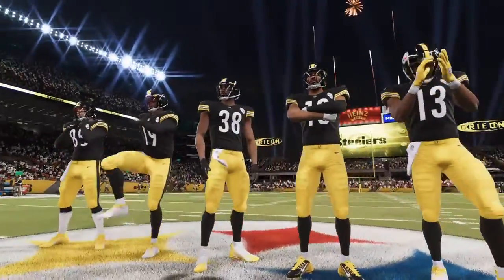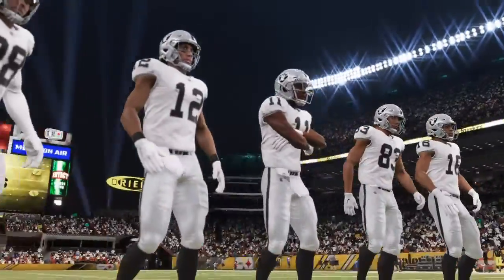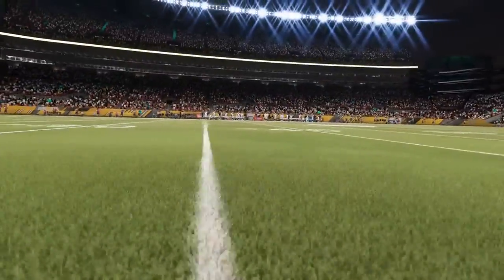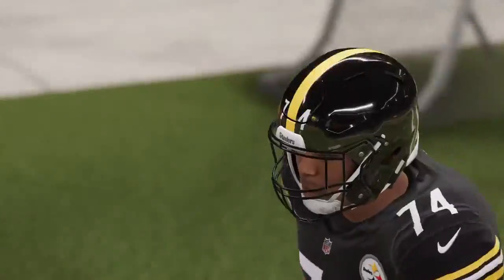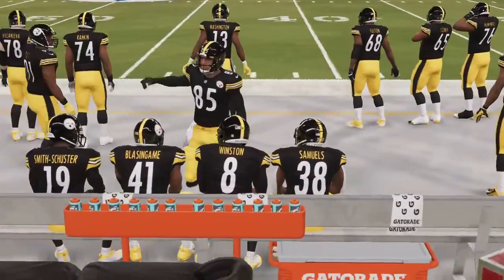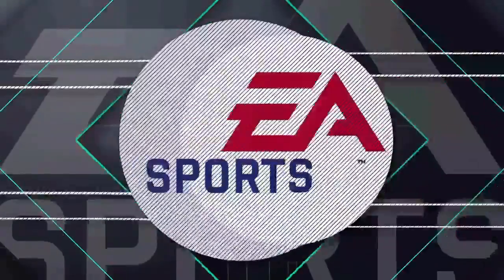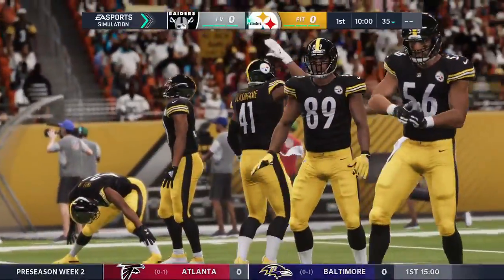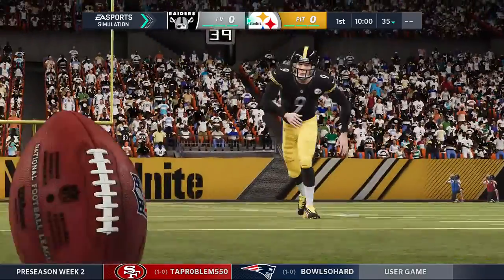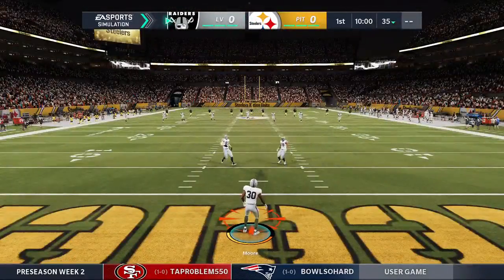And the Pittsburgh Steelers versus Cam Newton and the Las Vegas Raiders. Right at the convergence of the Three Rivers on Art Rooney Drive, we welcome you to Heinz Field in Pittsburgh, Pennsylvania. The scene a few moments ago, here it is. It's unlike any other in sport as both teams made their way out of the tunnel. These folks are fired up as their guys are ready to do battle between the Las Vegas Raiders and the